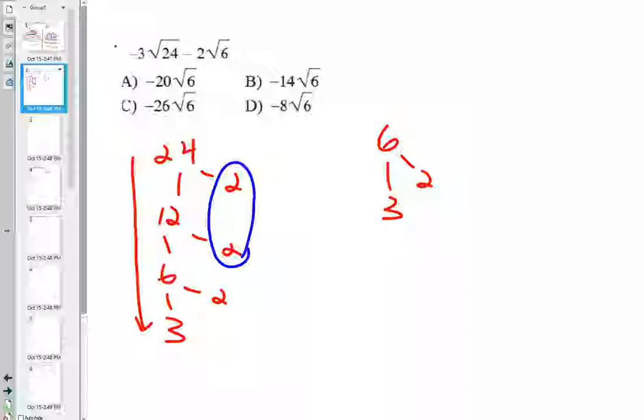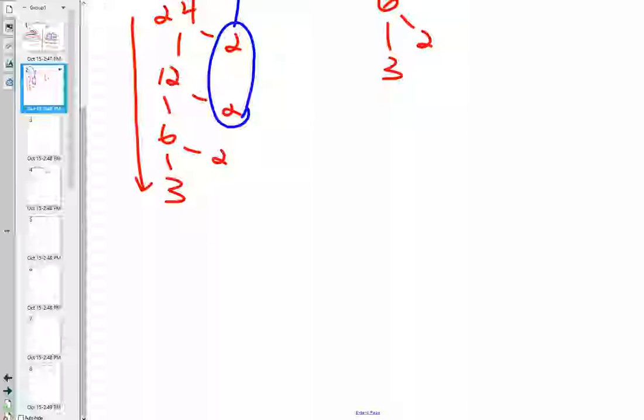So this 24 already had a negative 3 on the outside. It's going to be joined not by two 2s, but by one 2. Two prime numbers on the inside is the same as one prime number on the outside. Jordan, what is negative 3 times 2? It is negative 6. What's going to stay on the inside? Whatever was left over on the tree. The leftovers on the tree were just 2 and 3. Those stay on the inside. 2 times 3 is